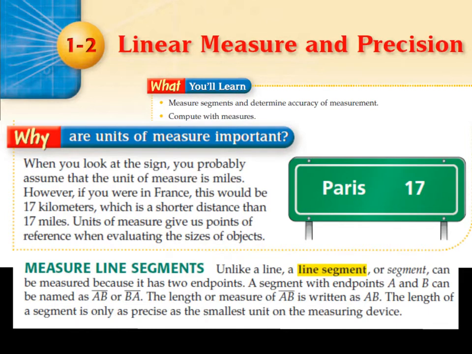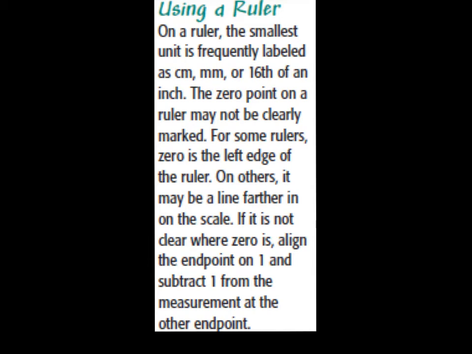The length of a segment is only as precise as the smallest unit on the measuring device. On a ruler, the smallest unit is frequently labeled as centimeters, millimeters, or 1/16 of an inch. The 0 point on a ruler may not be clearly marked. For some rulers, 0 is on the left edge of the ruler. On others, it may be a line further in on the scale. If it is not clear where 0 is, align the endpoint on 1 and subtract 1 for the measurement at